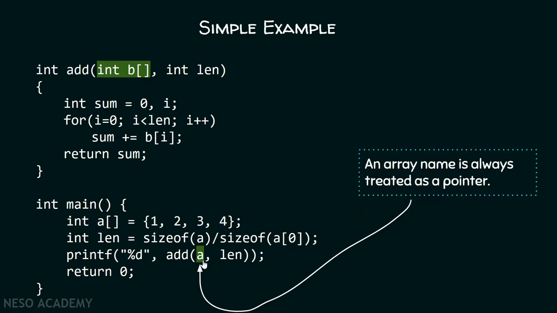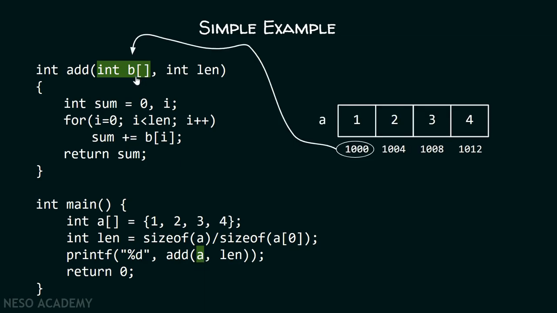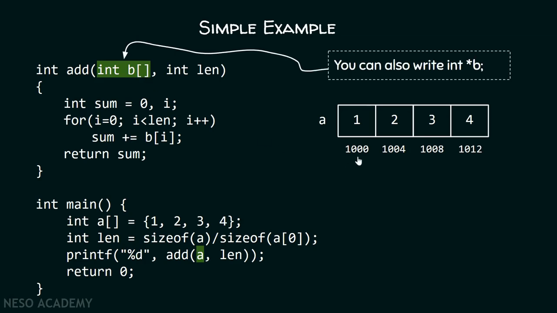And we can treat this array name as a pointer, which contains the base address of the array A. We already know that name of the array represents the base address of the array. So we can treat it as a pointer which contains the base address. Isn't that so? And we are passing this base address to this array B, right? This means that we are passing the address 1000 to this array B. This is equivalent of saying we are passing the address 1000 to the pointer B. This is a pointer only, which receives some address. Therefore, pointer B is pointing to the first element of the array A.